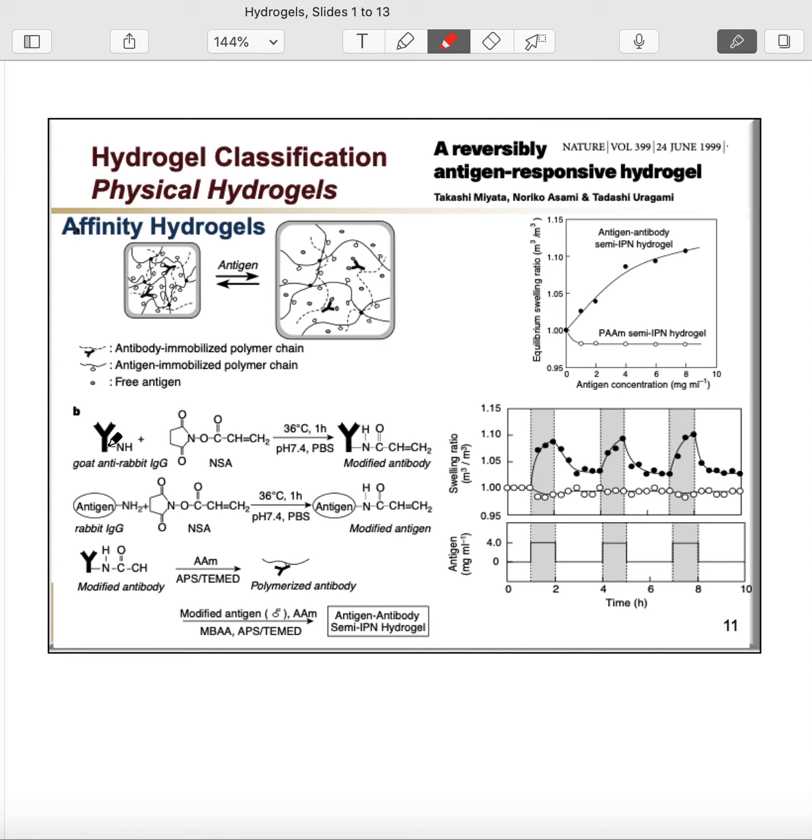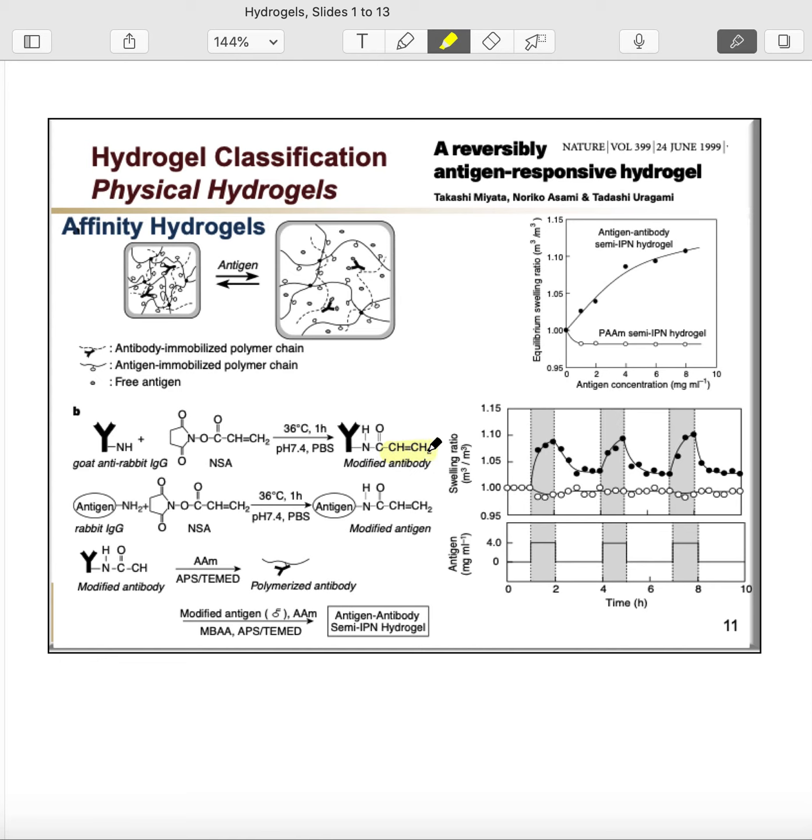So antibody is a protein, a large protein that again has the affinity to bind to a particular target molecule. That antibody in their case was modified with NSA, which is the same molecule that we had seen in the previous system, which has basically the ability of now forming an antibody that has a vinyl group that enables